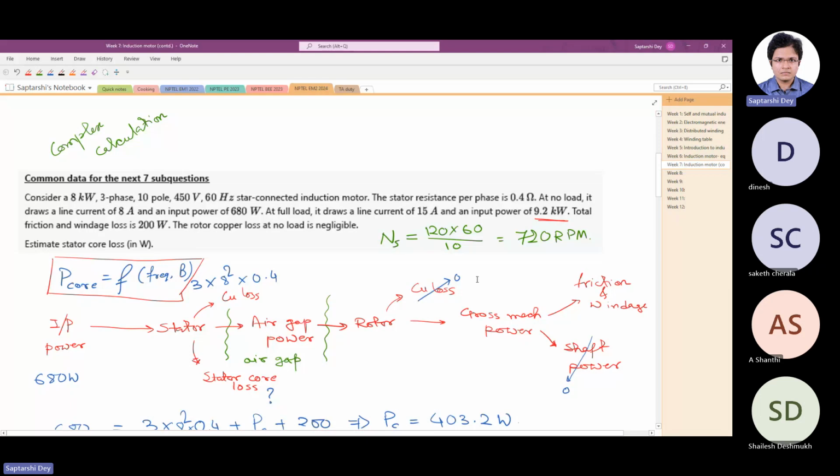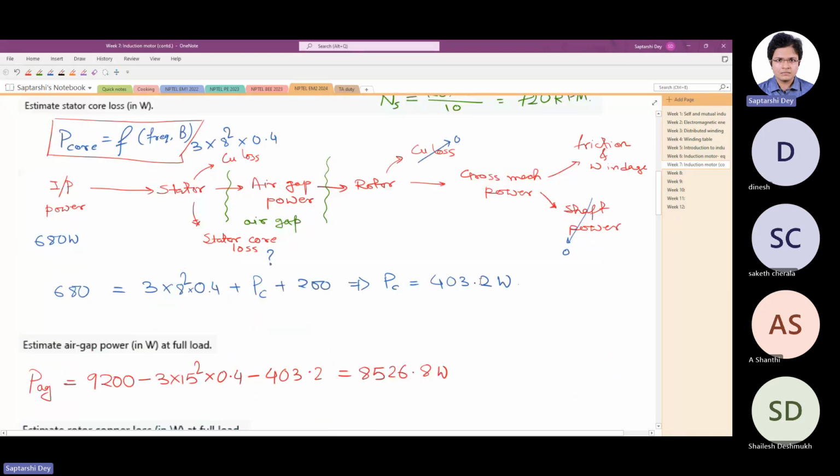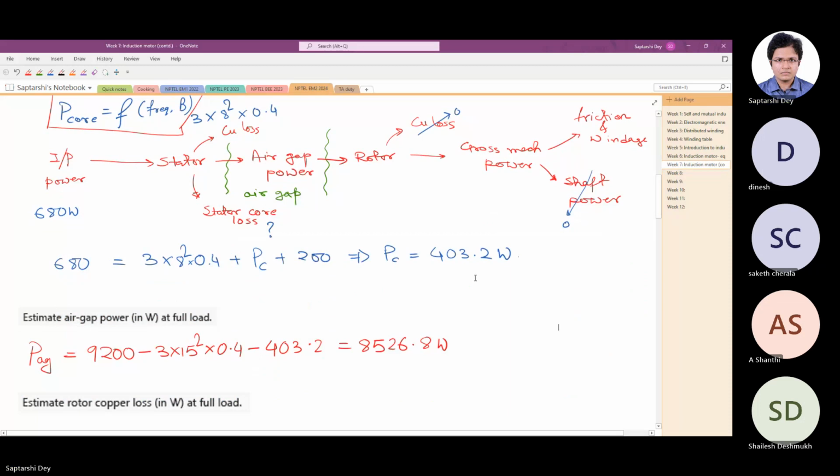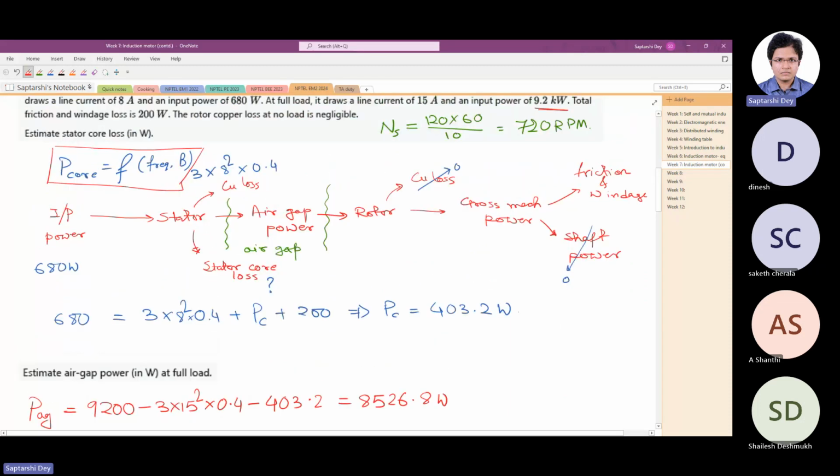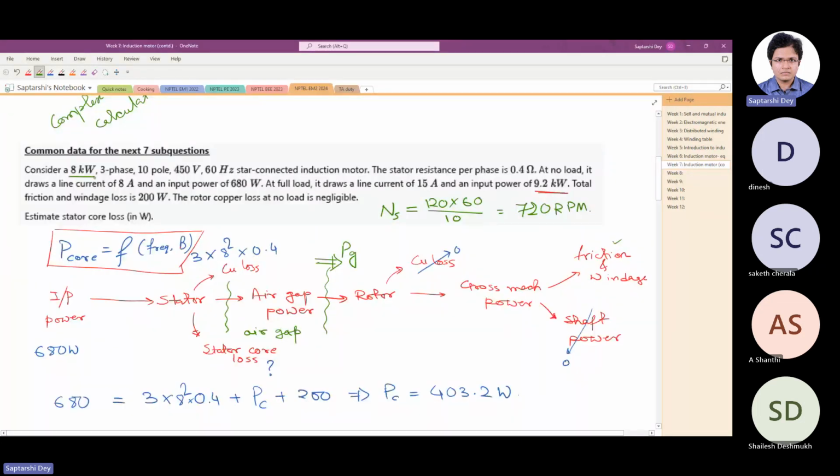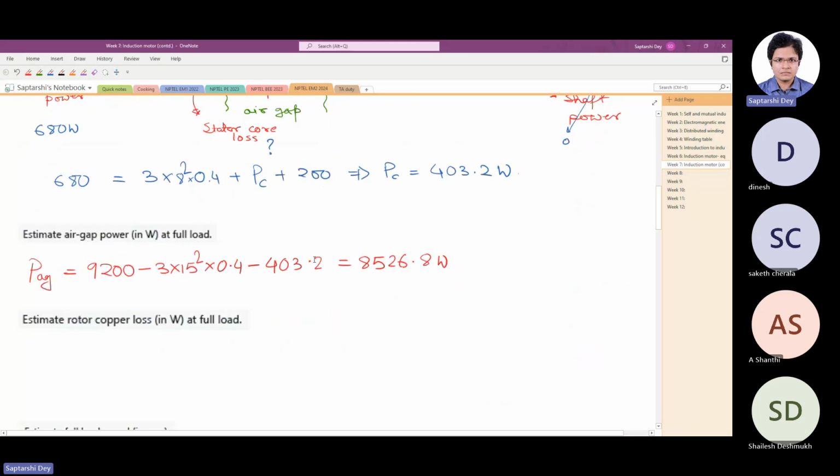So this power we know, the air gap power Pg, and friction windage is given to us. And see here, the machine is rated as 8 kilowatt. We discussed this in the last class, that if a motor is rated for 8 kilowatt, that means at full load it gives 8 kilowatt power. There is a shaft power available. So rotor copper loss